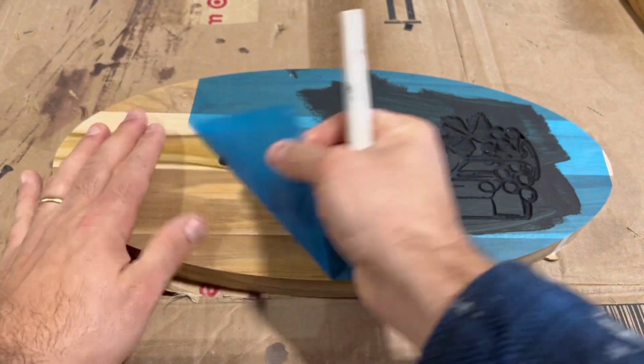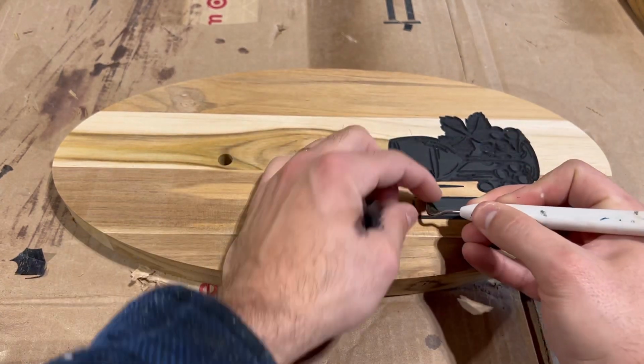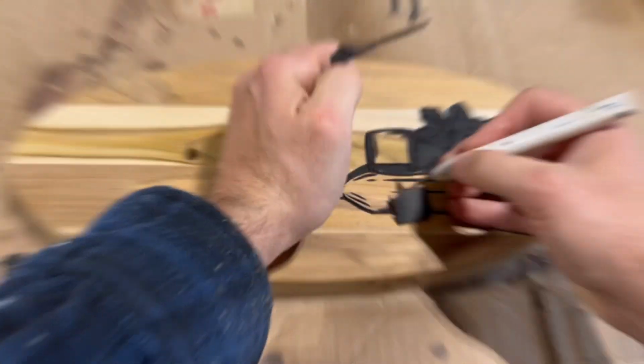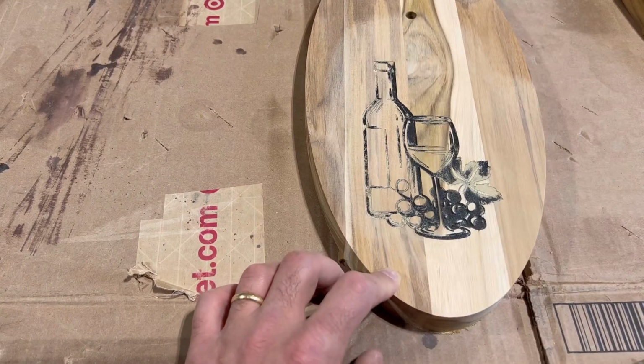Once the paint is dry, start removing your ore mask using one of these weeding tools. It's nice to pick out the ore mask with these small details, but be careful that you don't dig into your wood with the little needle nose. Once that's all off, give it a quick sand before heading over to your router table to trim up the